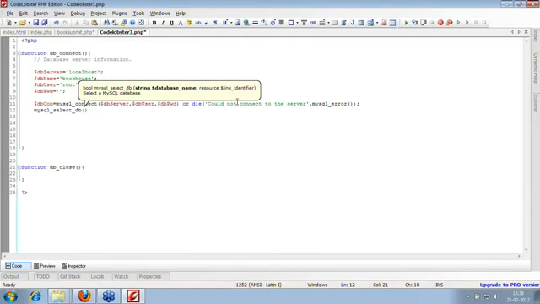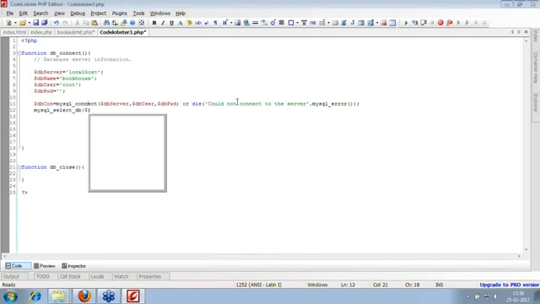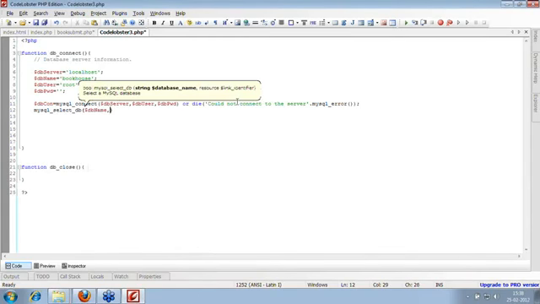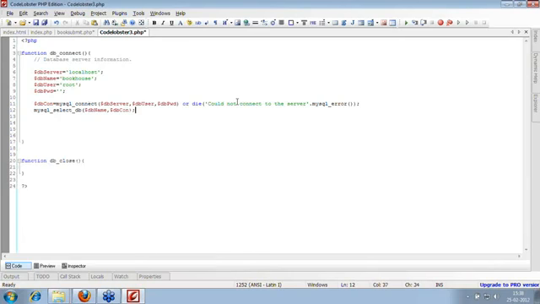So my database name, which I have already defined in the variable called $db_name, and the identifier, that means where to find the database, the connection which I have just connected to the server. So in this connection, please connect to this database. That's it. I've connected with the database.